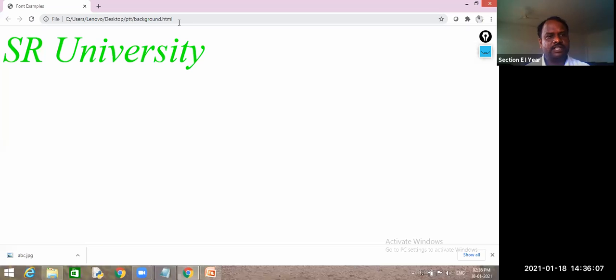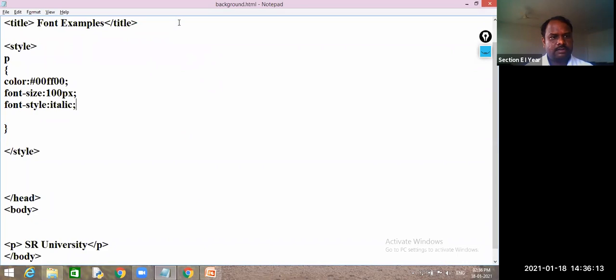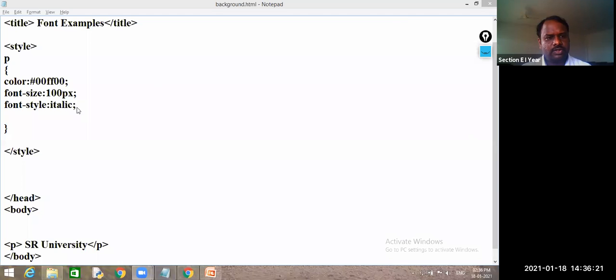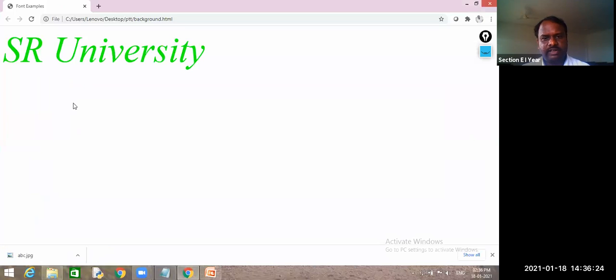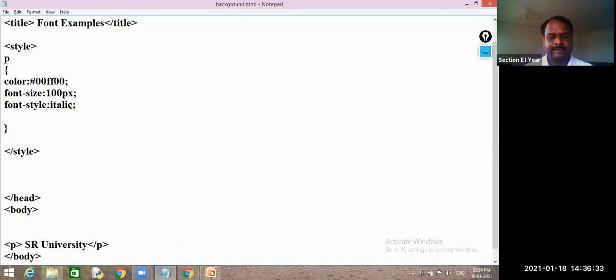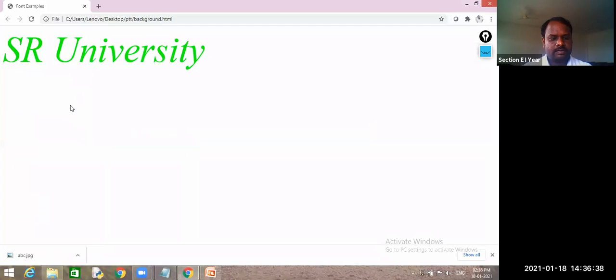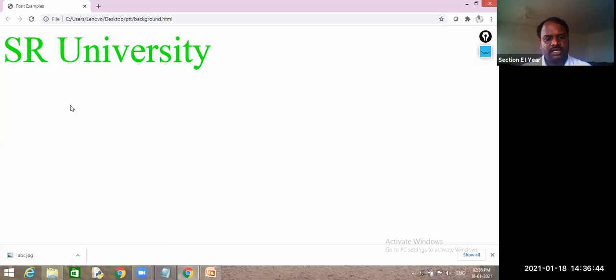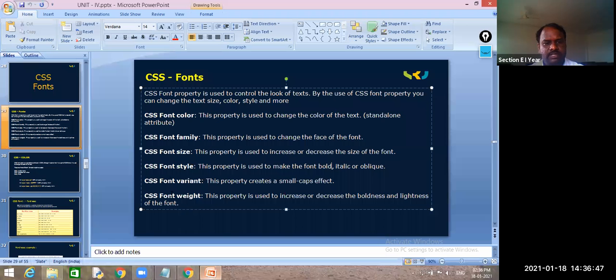So now can you observe this curve? Just, can you see the curve? Hello guys, can you hear me? Yes, sir. So this is the way. You observe this one, and if I want to change it to bold, then you just make these changes to bold. So it will be bold. This is the way you need to change bold or italic style by using font style.